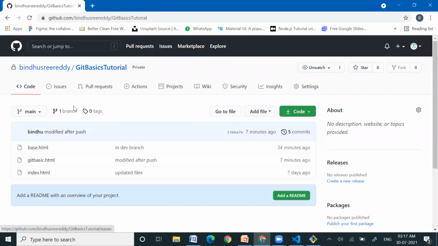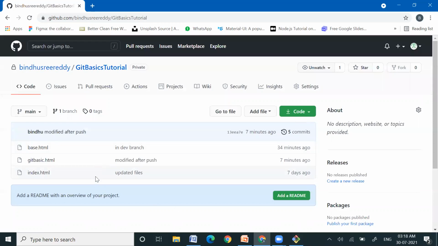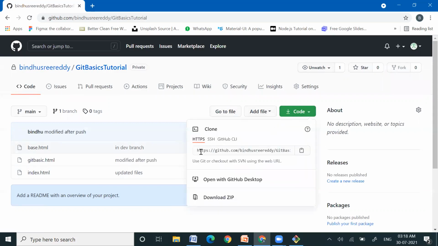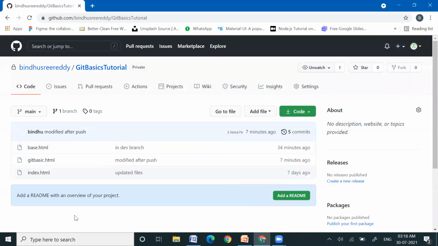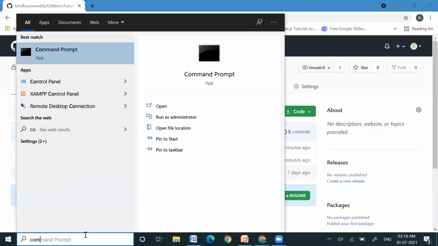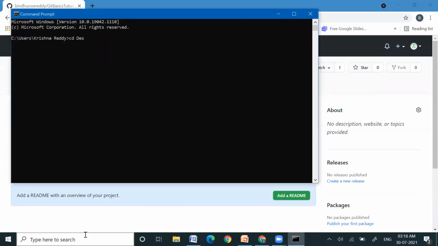We'll go to our code. If this file doesn't exist in our system and you want to get it, we can use the git clone command. You need to copy this URL. I'll use the command prompt: cd desktop.